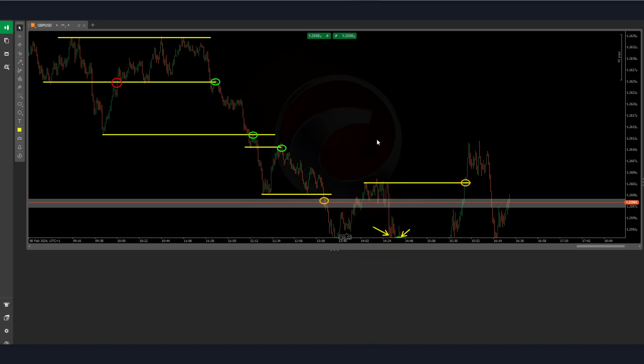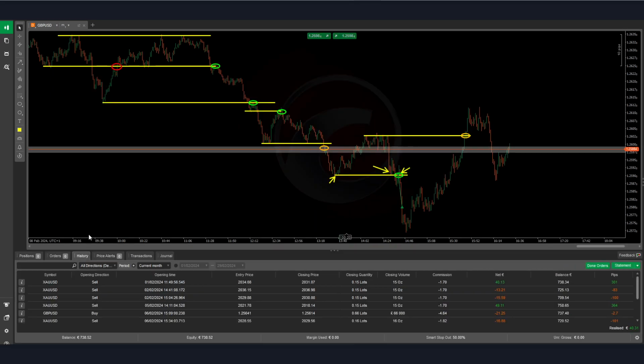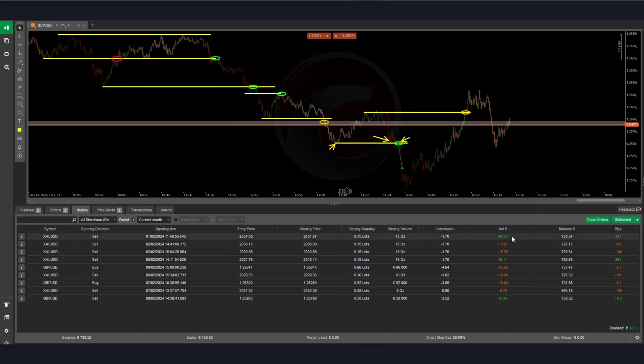And just wanted to check my current month. Okay, up 40 euros. So far, I have like 3 wins and 6 losses. So that's like a 30% win rate, which is still not good enough. I mean, it's good enough because you can see that it is profitable. Because also, you have to look at the net more than that. But